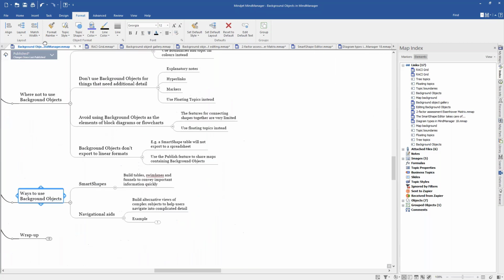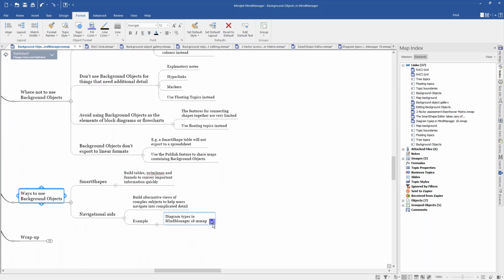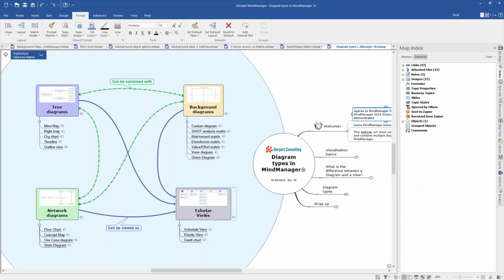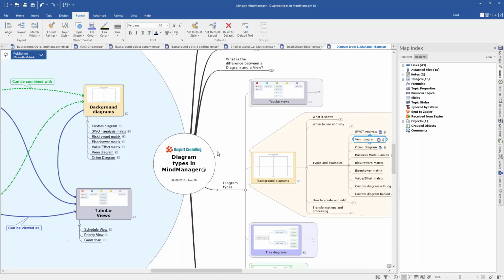So an example of that from a webinar we did a little while ago, diagram types in MindManager, and maybe some of you even attended this webinar. What we did here on the left hand side is draw a block diagram showing some relationships between big areas, the big picture, and we've also put in some subtopics under here with links. So I can click on a link that drills right down into a particular place in the tree, and this is a really great way to use